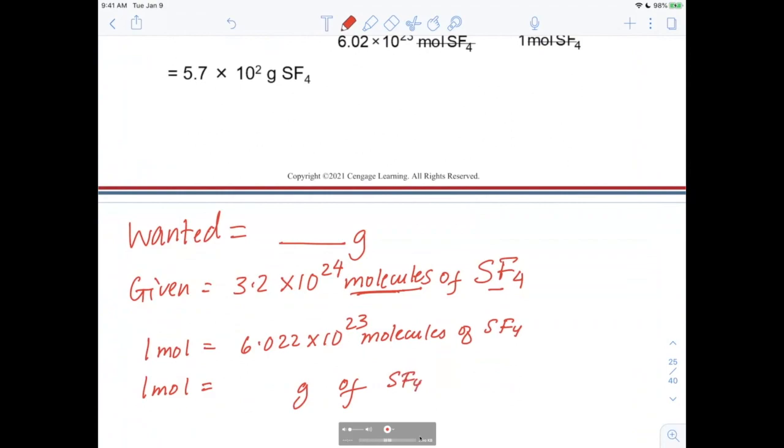I need to find out what S is. From the periodic table, S is 32.066 grams. F is, I'll say 19 grams. And we have 4, right? So let me do the side math real quick. 32.066 plus 4 times 19 close parentheses, and I get 108.1 grams. This should suffice. So from here,